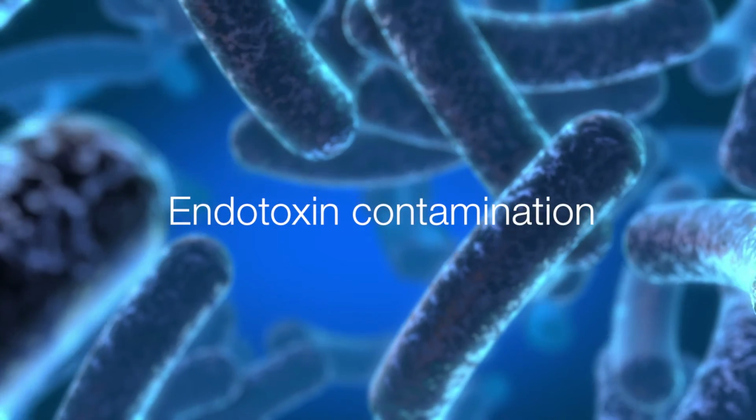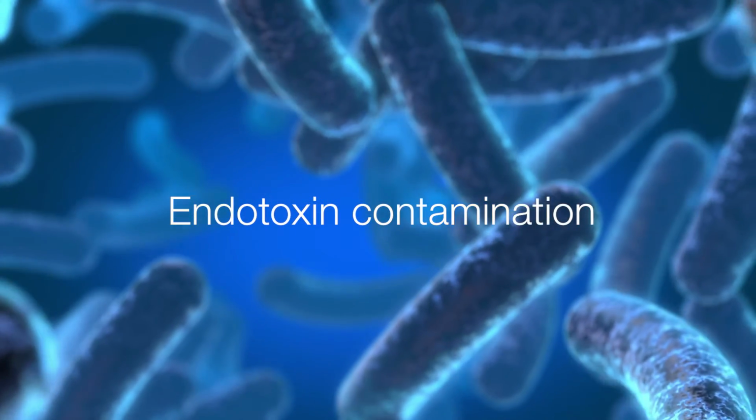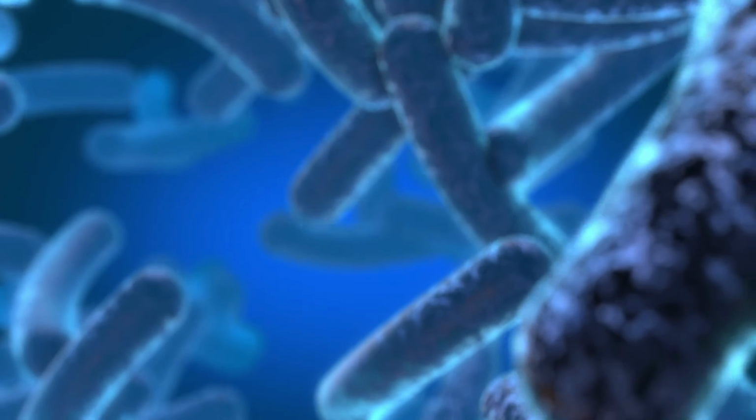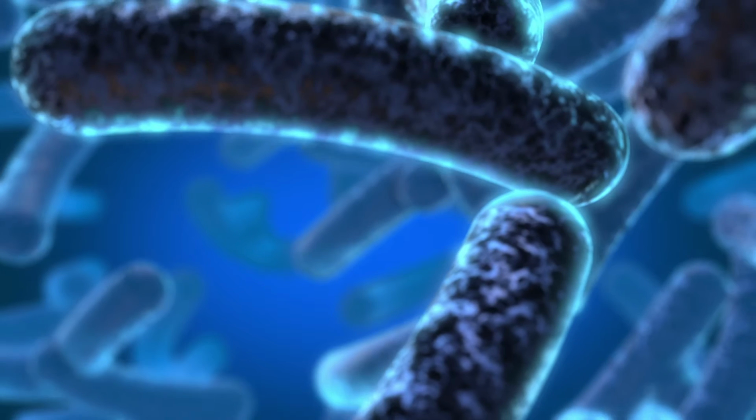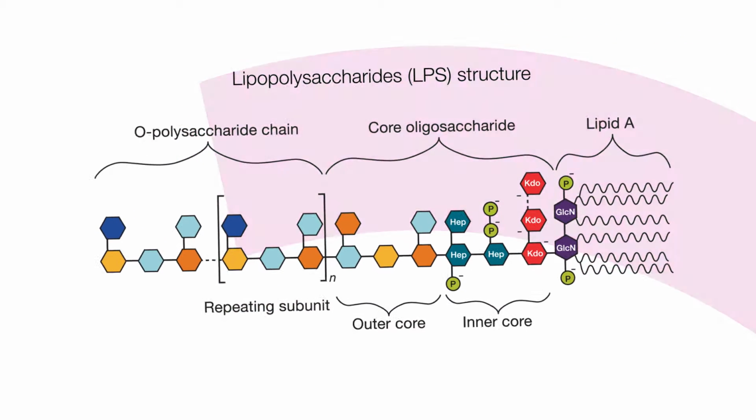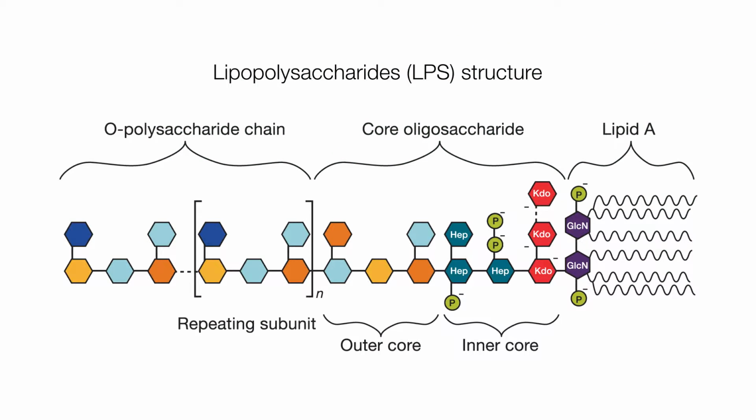Endotoxin contamination is a common problem with recombinant proteins and nucleic acids purified from gram-negative bacteria such as E. coli. When bacterial cells are actively growing, or when their membranes disintegrate upon death, the essential components of the cell wall, known as lipopolysaccharides, or LPS, are released into the surrounding environment. These LPS components, known as endotoxins, create a dangerous contamination that can trigger shock, inflammation, or sepsis in animals and